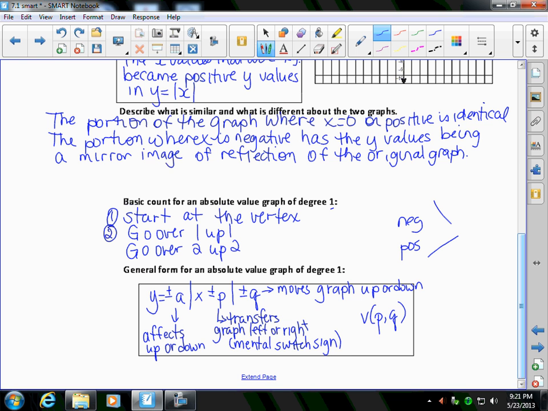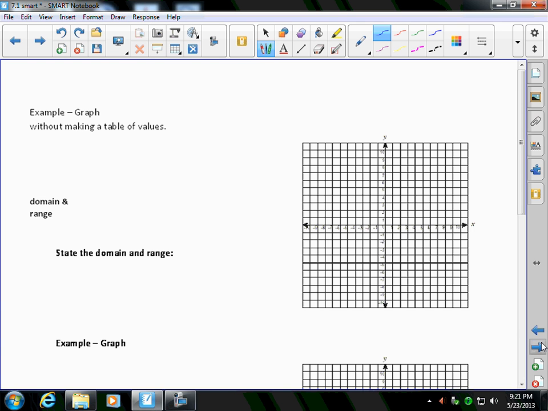Okay, so let's put this into practice. We're going to draw a graph of y is equal to the absolute value of x minus 2, subtracting 3. We don't want to do a table of values for this one, we just want to draw it. So without making a table of values, you want to identify a, p, and q. So my a is a 1, my p is a positive 2, mental switch the sign, my q is negative 3. So that means my vertex for this is going to be at 2, negative 3, and my basic count